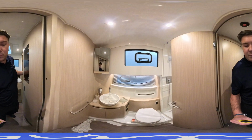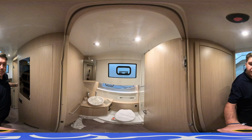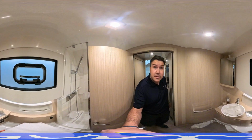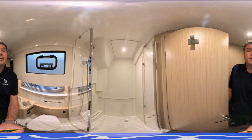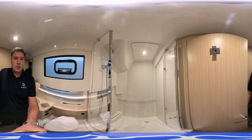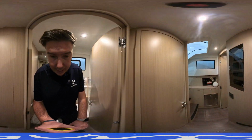Here is the shared bathroom with a towel in the sink. But headroom's good in here actually. Well over 6 foot in here, and big enough to have a separate shower cubicle. So that'll do. And let's check out the